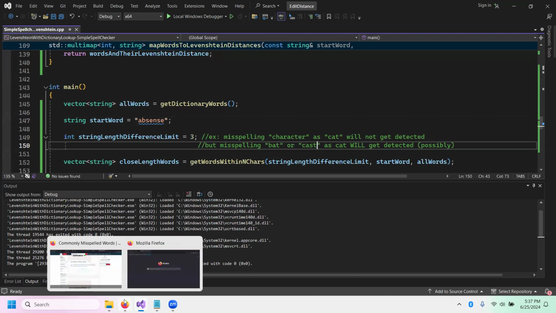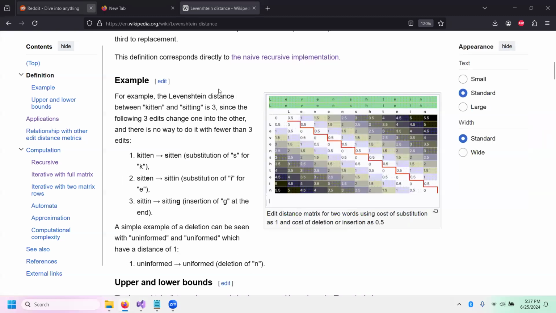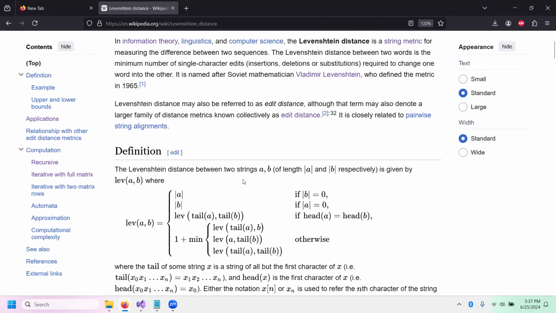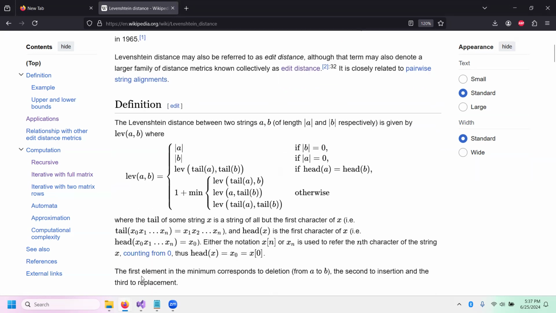This is a Levenshtein distance spell checker sort of program. So Levenshtein distance is a nice mathematical definition, it does resemble a piecewise function, but it is defined in terms of itself. I haven't bothered with trying to understand exactly what's going on here, but it's recursive. If you transform this into code